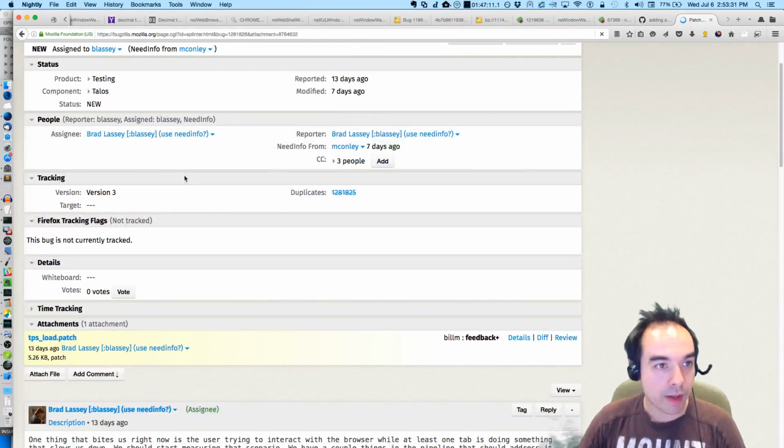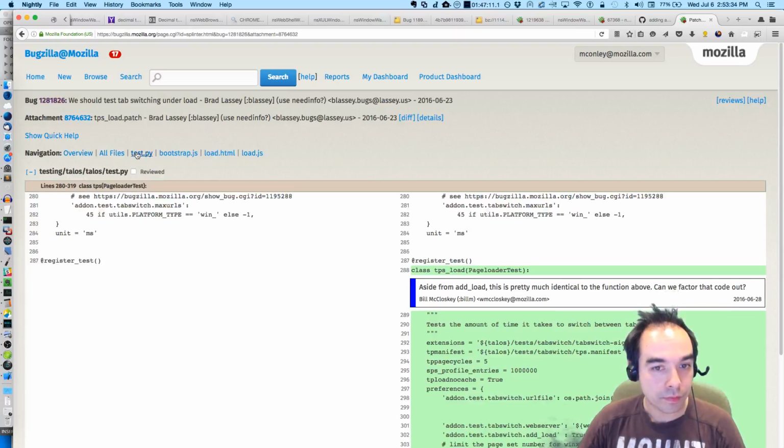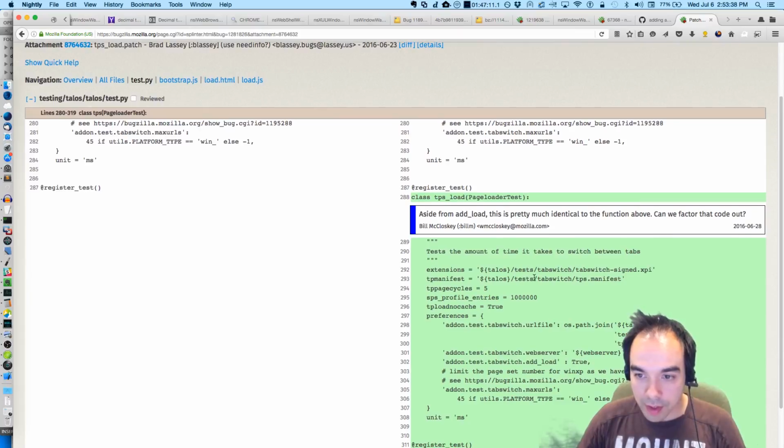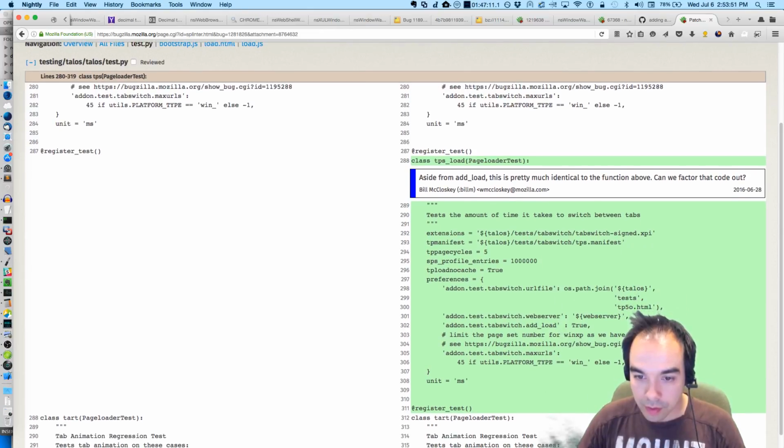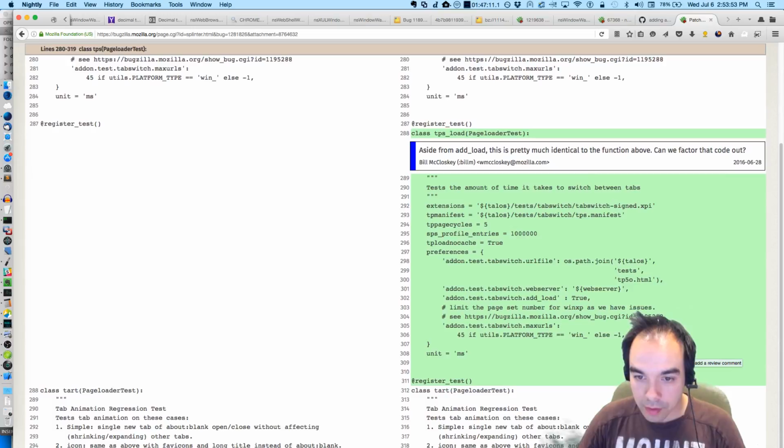Let's take a look at this patch. Switch between tabs. TPS load. Load no cache, 0. Okay.